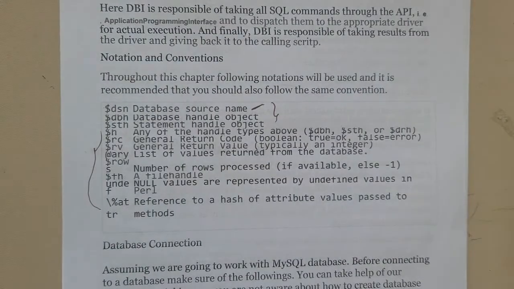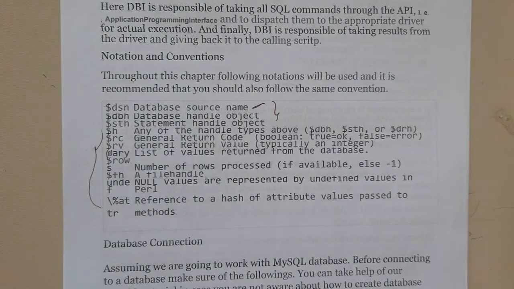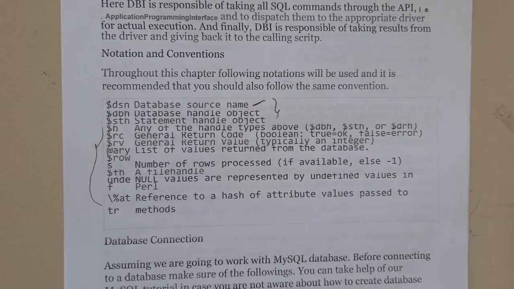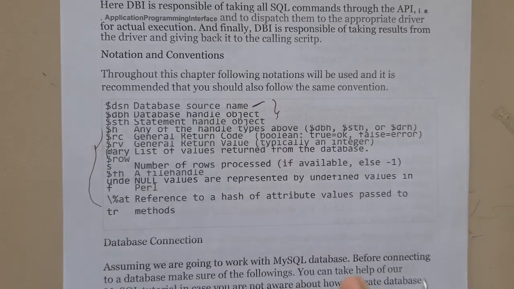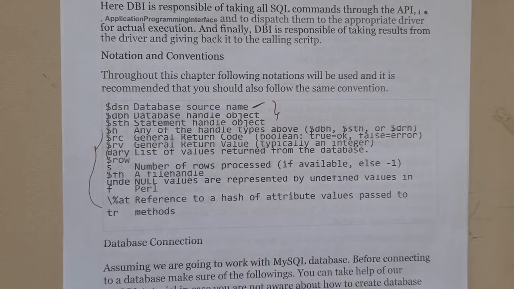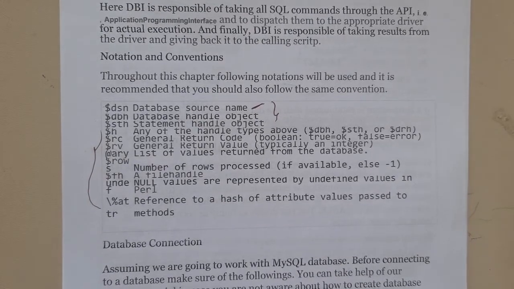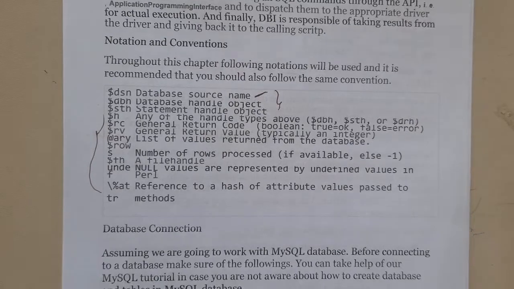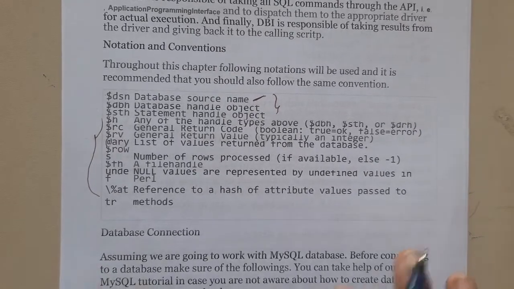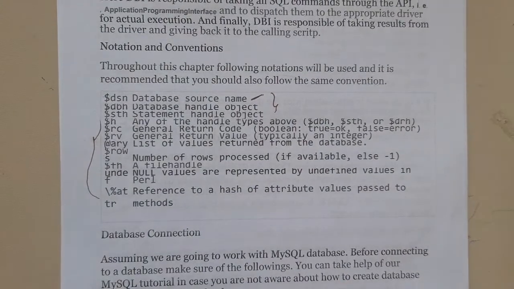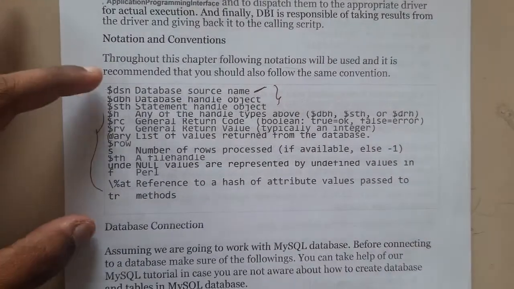So before going to Perl, what is Perl, guys? Perl is a backend programming language which can be used on the server side to write the code, and it is a scripting language which can be used to collect data from the website and to store it in the database, guys. It is similar to PHP, you can say, and similar to core Java or backend Java. Before starting with database access, first let us go through some terms, guys.